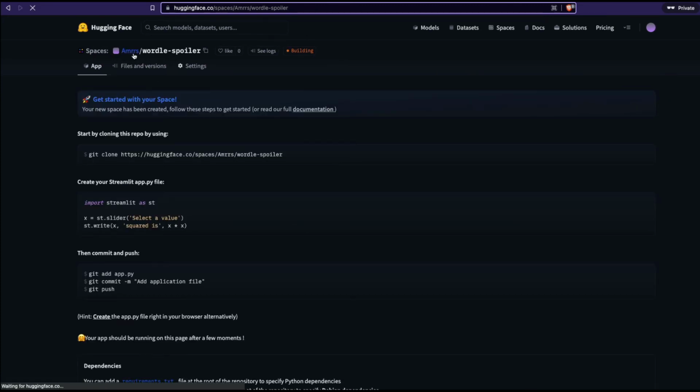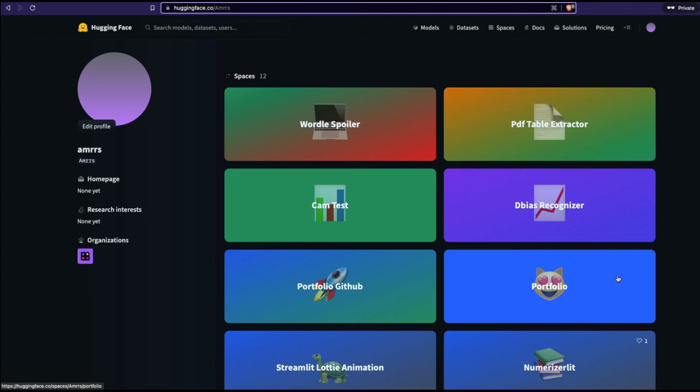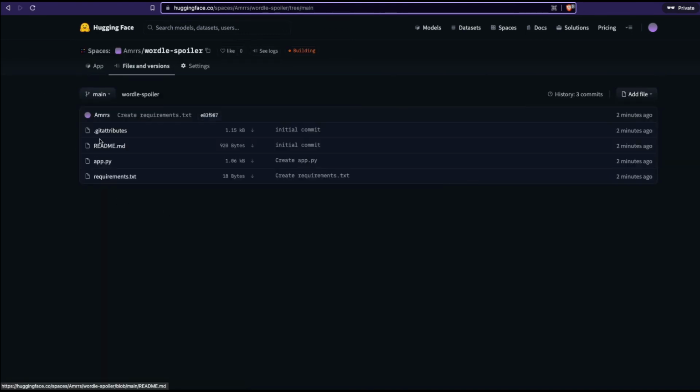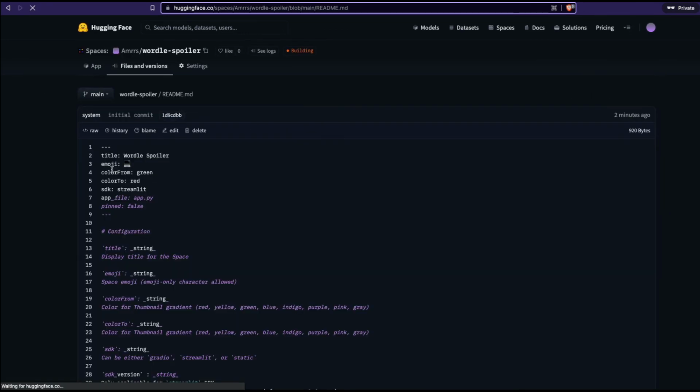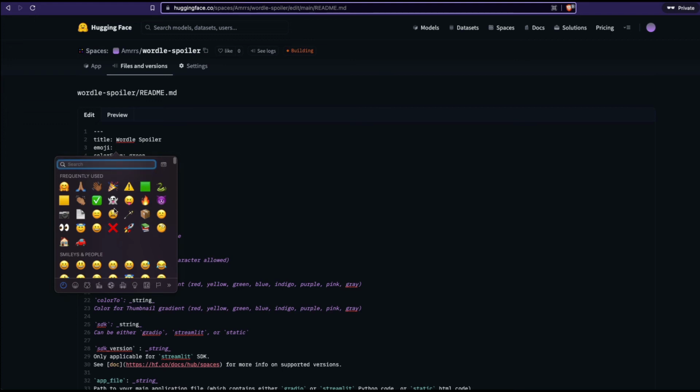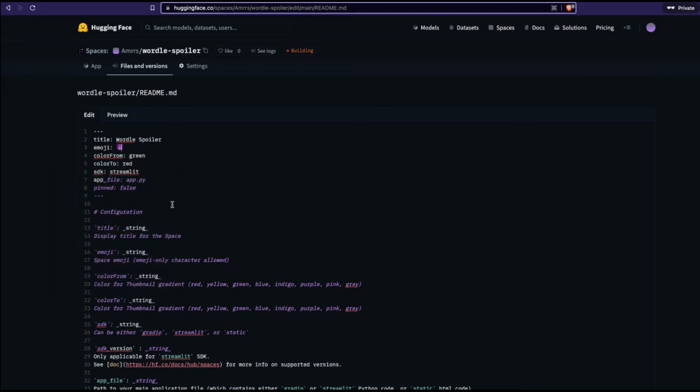And one more customization that I've already told you. When you go to Spaces, you would see these icons, emoticons, emojis. You can also customize that. If you want to, you can go here, go to the file version, go to the readme.md and edit. Right now you have this computer as an emoticon, so you can add anything you want. You can either add this devil, probably. I think that would make some sense.